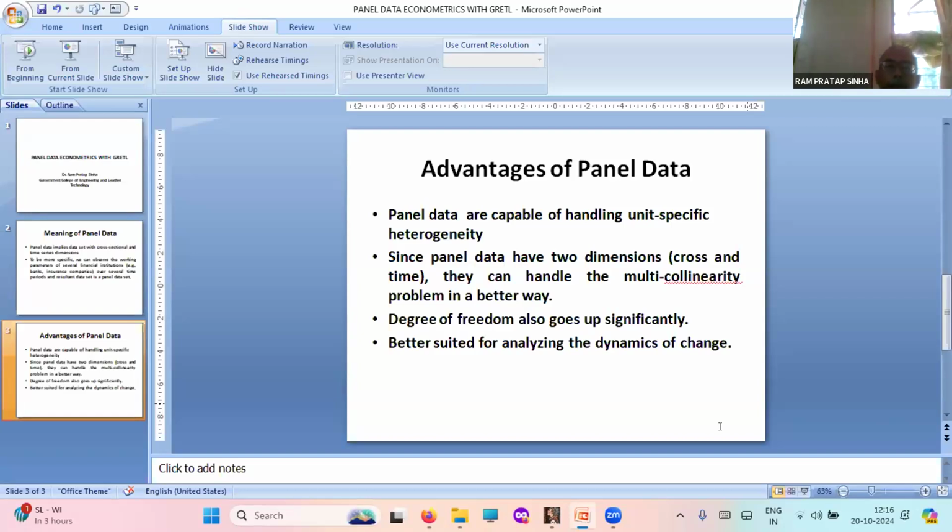Second thing is that in the case of panel data, since we have multiplication of the time dimension with the number of firms that are there, the degrees of freedom go up significantly. As we all know, the ability to give good results in regression is critically dependent on degrees of freedom. So increasing the degrees of freedom improves the predictive ability of the model very significantly. And finally, the panel data models are much better suited for